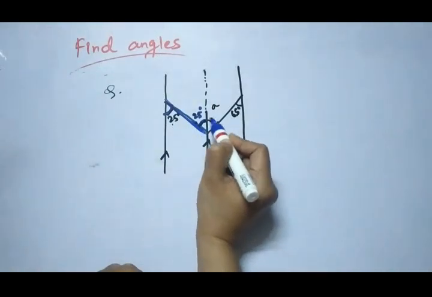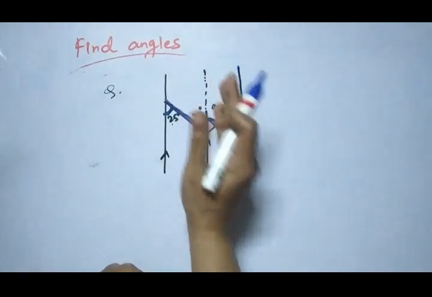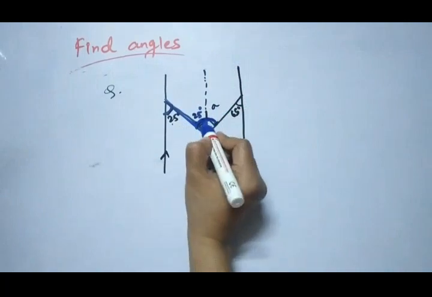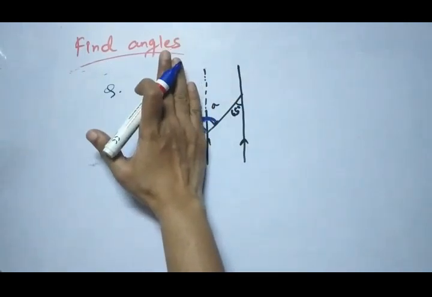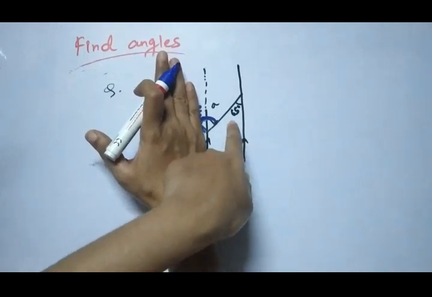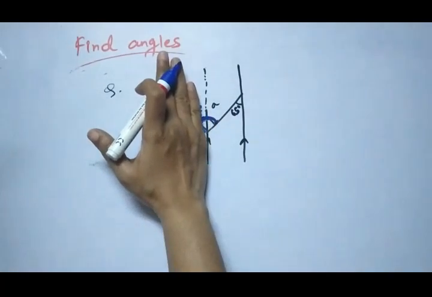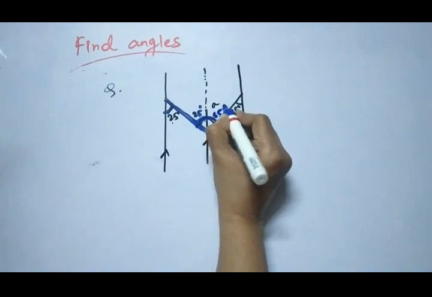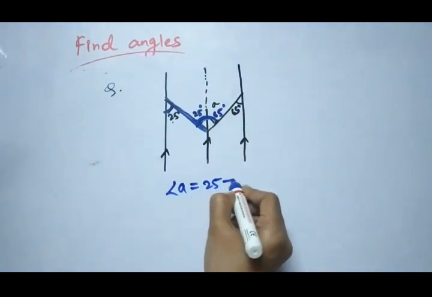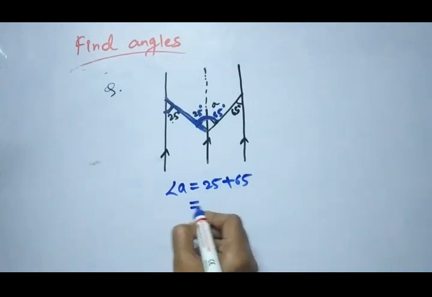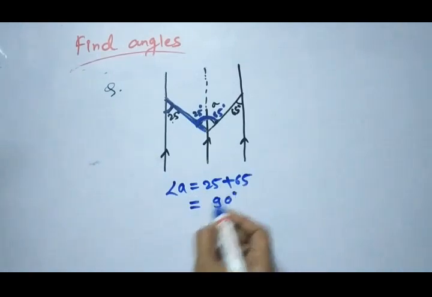This is the complete angle A. But this angle is made up of two angles. So this angle is this much. If you take this as 25 degrees, and if you see this side, these two parallel lines are here, and this angle are again alternate angles. So this part is what? 65 degrees. So you can say angle A is equal to 25 plus 65. So friends, you'll get here 90 degrees.